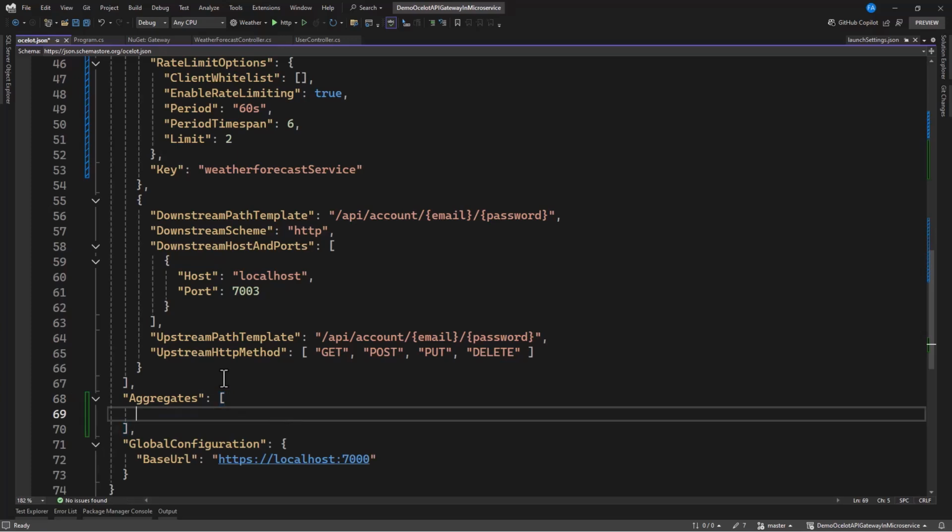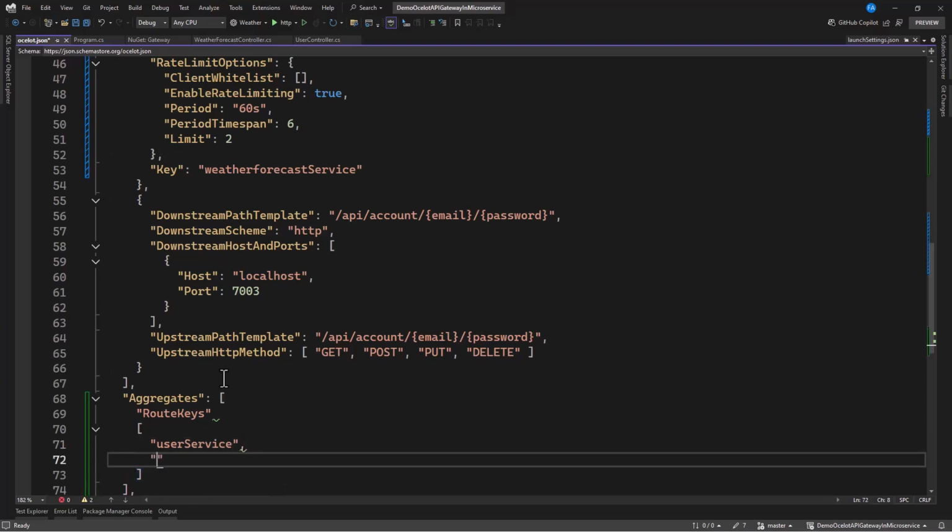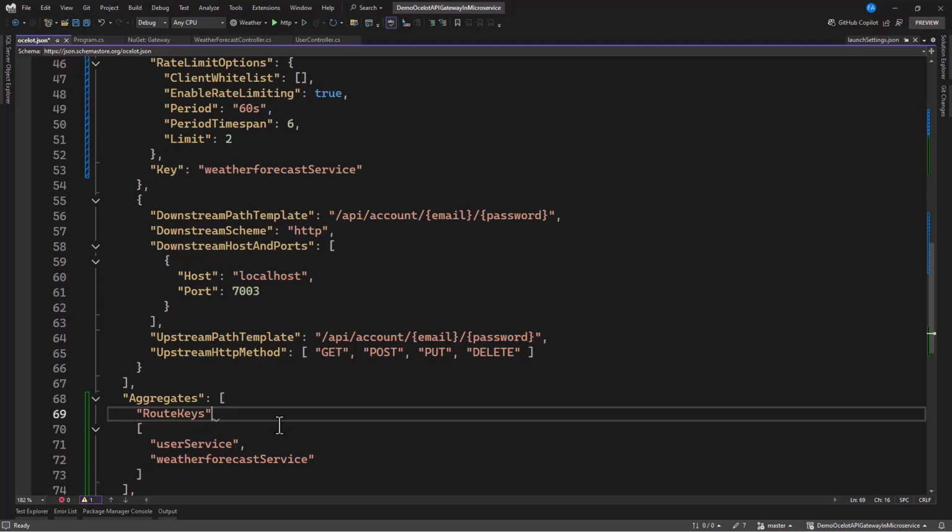Now in this array, all that you need to specify here is the route keys. What are the keys? These are the keys that we provided. There's also an array. Now these are the keys that we provided, and the first one here is user service, and the next one we have what? Weather forecast service.